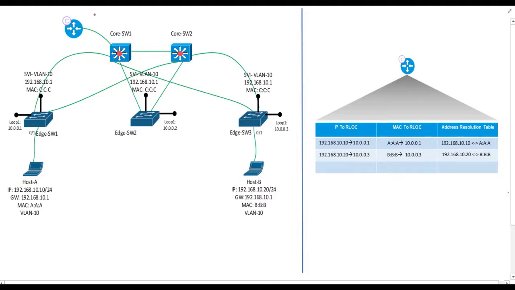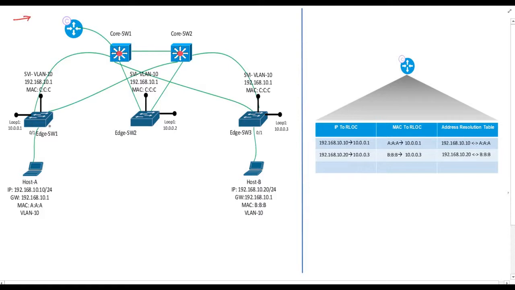When we started our discussion on LISP, or Location Identity Separation Protocol, I mentioned that LISP separates the location of a device from its identity, and the major use case is mobility, right? We understood this with an analogy on how a mobile system network works, correct? Let's see how mobility is achieved in an SDXS environment.